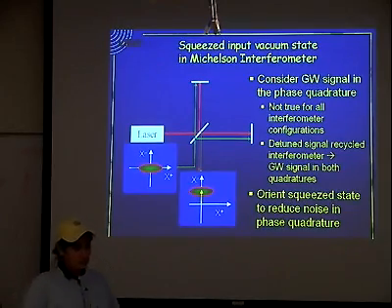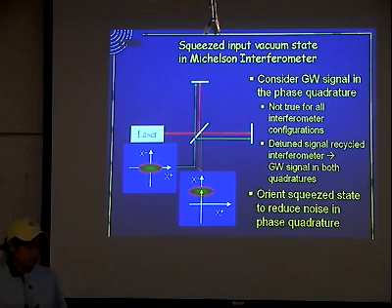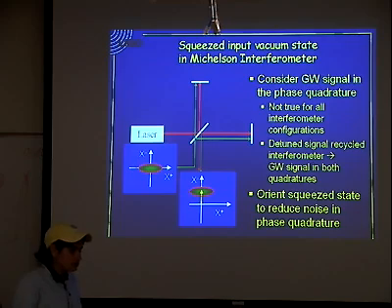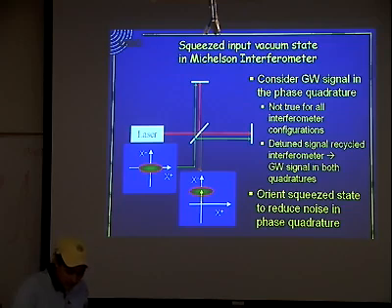Eric? Can I ask a stupid question here? I'm imagining the vacuum has essentially zero amplitude, but it has to have some sort of a k-vector in the direction in which it propagates. And you've talked about the part of the vacuum that goes into the interferometer and then circles around and comes back out. So what about the equal amount that's coming towards the